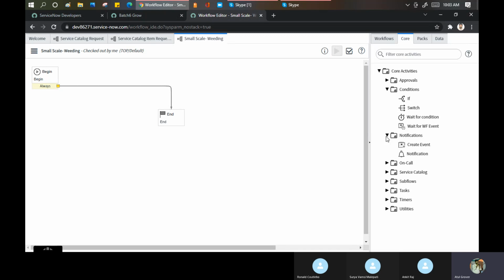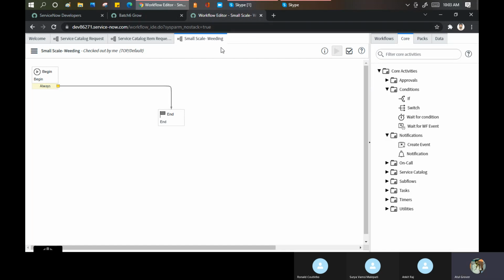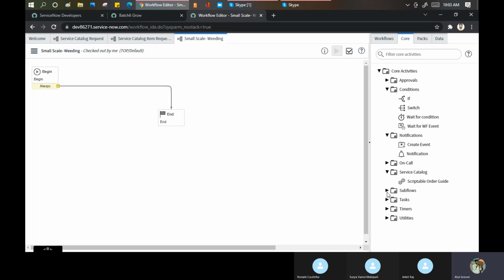Then notification. The emails which we receive come from this area, event and notification. Now again, here in this workflow design you are seeing this option like this, but in the flow designer these will be available in a somewhat different manner. Then if you want to create any task here, sorry, for some order guide, you can put this thing. If you want to use any workflow within your workflow, you can use the sub workflow here. See, launcher for the task part.